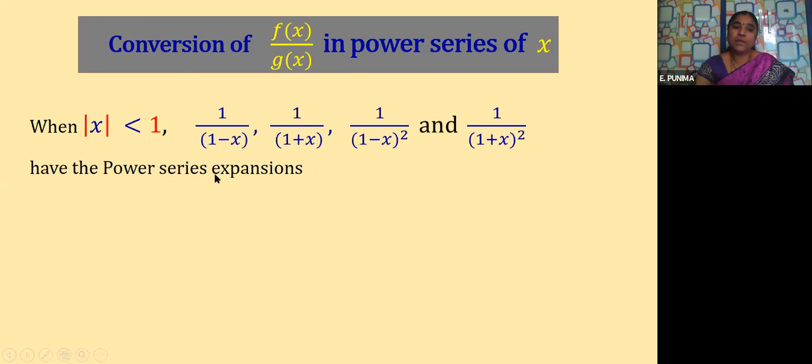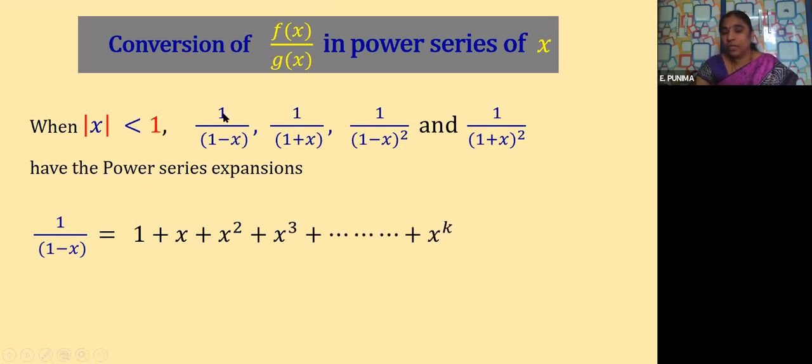So what is this power series expansion here? Let us see once again. Already you know the long division method, children. Yes or not? So 1 by 1 minus x, when you are dividing the numerator by the denominator, the quotient value that you get is nothing but our power series expansion. So whenever you do this division using the long division method, 1 by 1 minus x, the part we get in the quotient is our power series expansion. Is it clear?